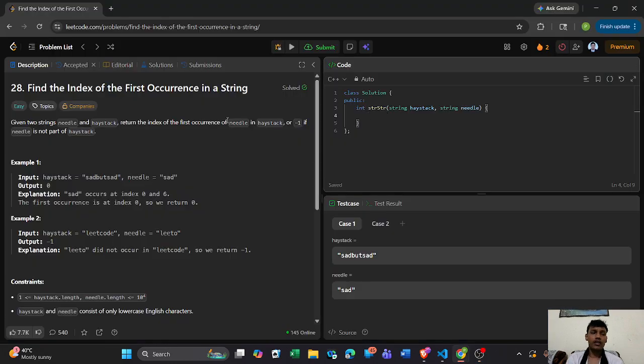So today we'll be solving our LeetCode problem: Find the Index of the First Occurrence in a String. So let's first understand this question properly. We are given two strings, needle and haystack. We have to return the index of the first occurrence of needle in haystack, or -1 if needle is not